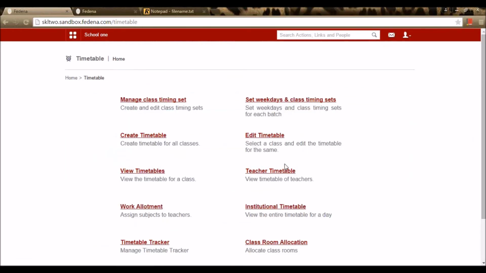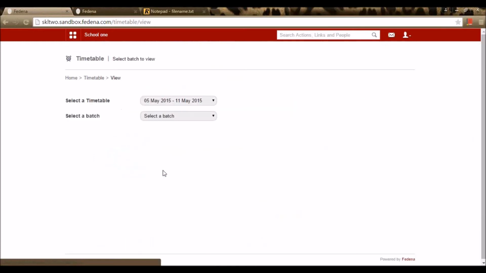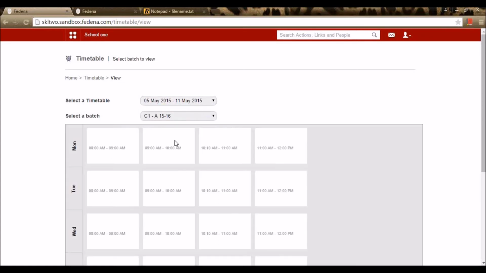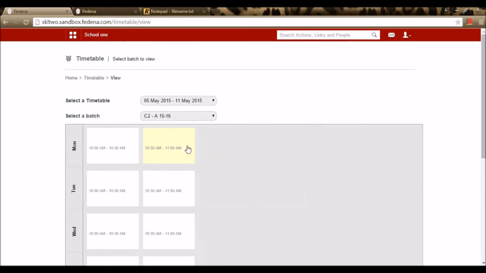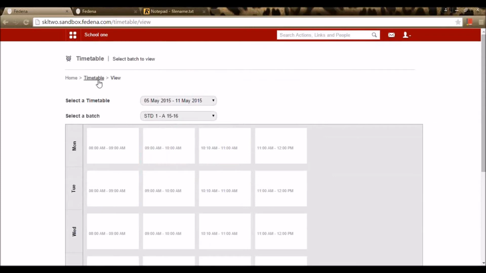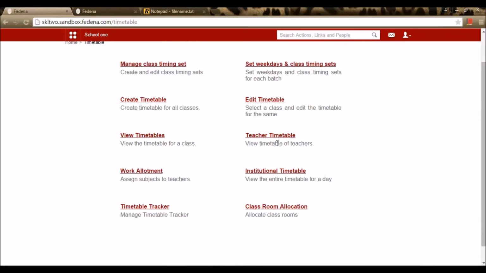Let me view a few timetables that have already been created by us. So the timetable differs based on the default set timings that I've given. This is how our timetable is viewed.